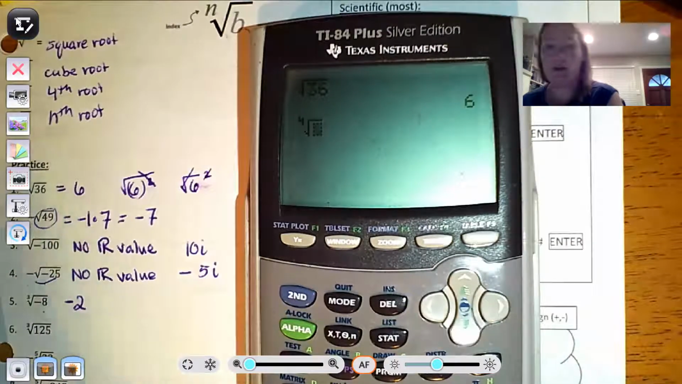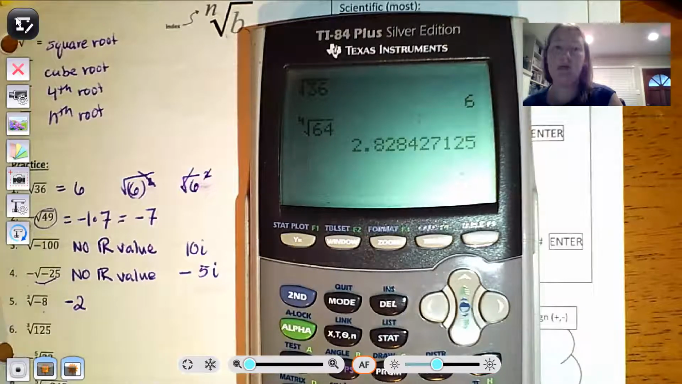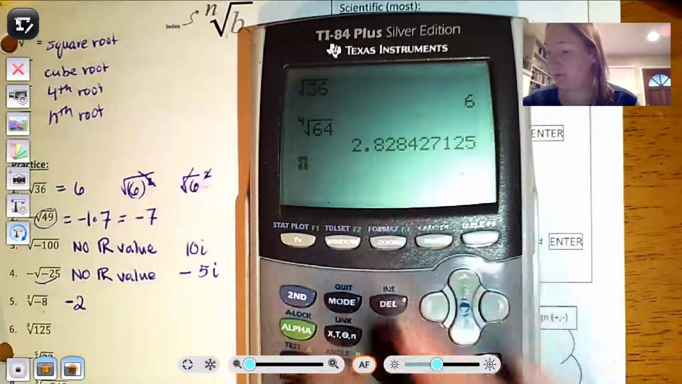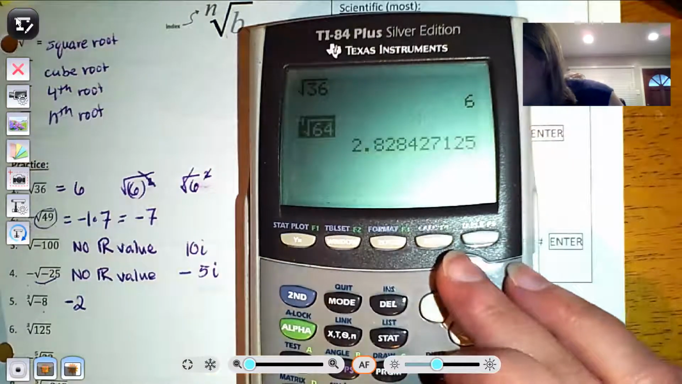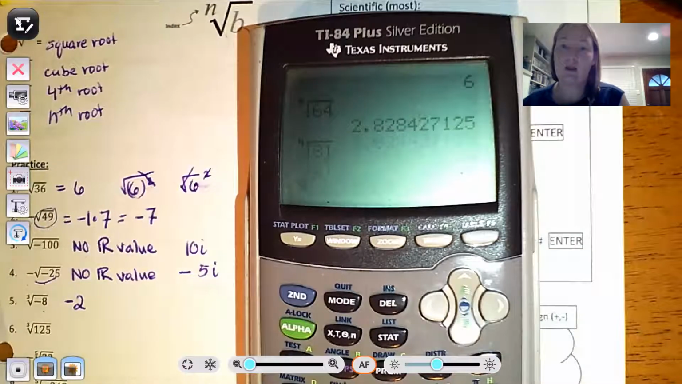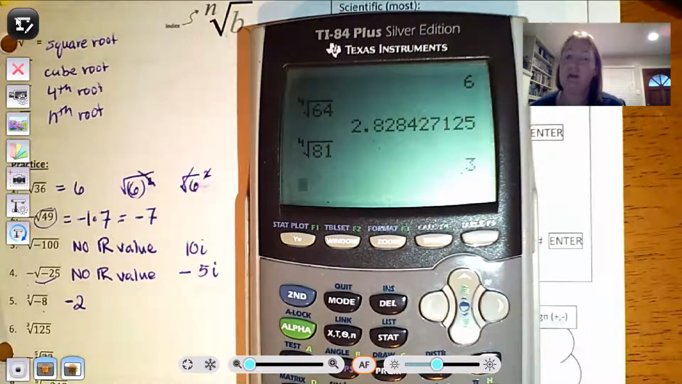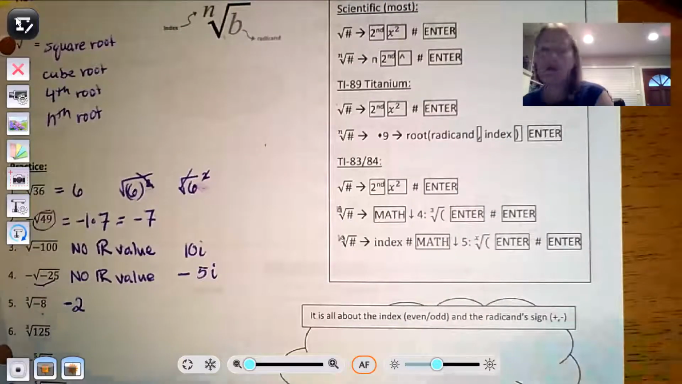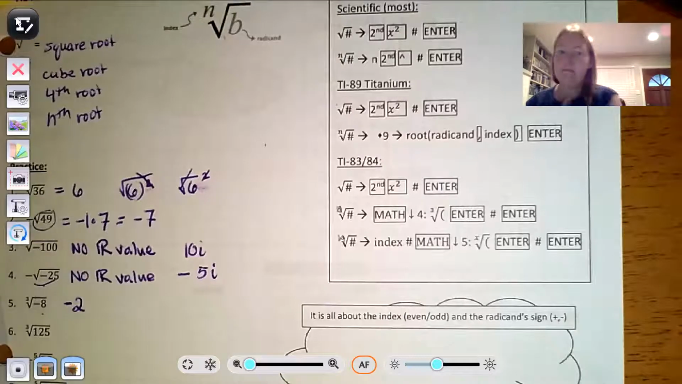So let's say we're doing the fourth root of 64. Again, not a perfect fourth power, so it gives us a decimal. If I do the fourth root of 81, that is a perfect fourth power, because 3 times 3 times 3 times 3 gives us 81. So that's the 84, and the 83 is like that as well. And then the 89,